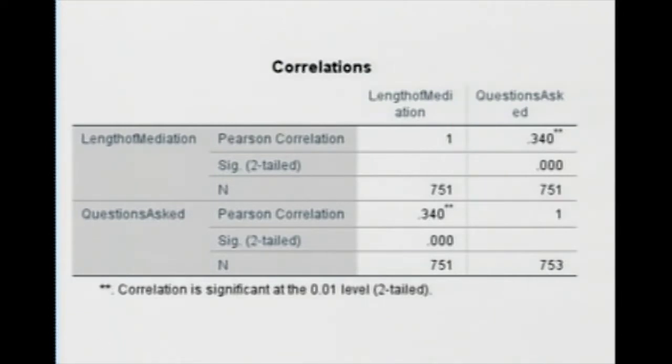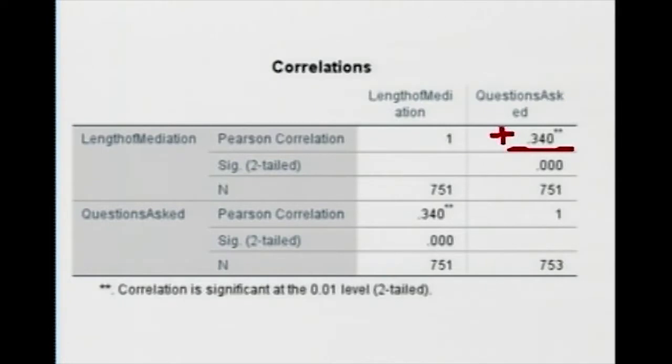Let's start with this one. We have 0.340, and we see a couple of things. One, there is no negative sign, so we know this is a positive correlation. I always like to say it's time to use common sense there. Do we think that length of mediation and number of questions asked would be positively correlated? Yeah, that would make sense, that you would ask more questions in a mediation that was longer, and vice versa. One that was shorter, they would trend to go together. So we see a positive correlation: when one goes up, the other goes up, and when one goes down, the other goes down.